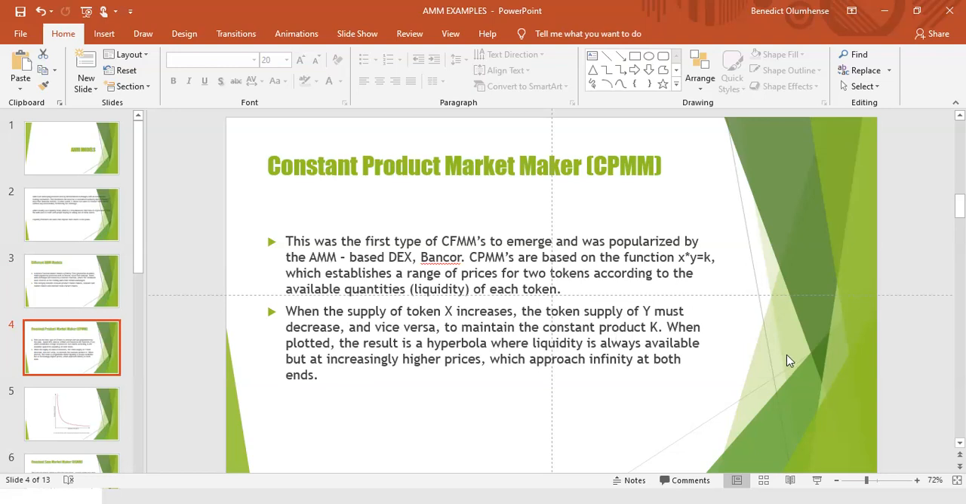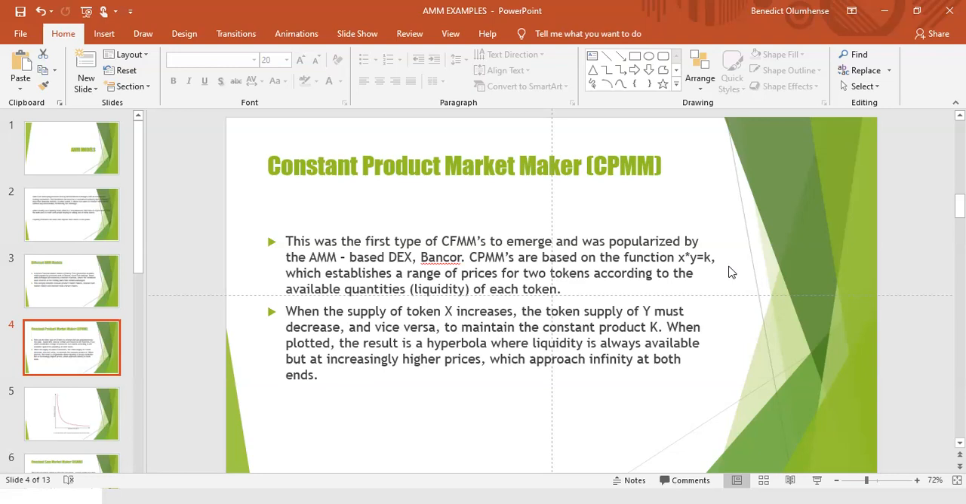So if you remember from lesson 1, I spoke about a particular mathematical model that was being used by market makers, which is X multiplied by Y equals K, right? A constant product market maker uses that particular mathematical model to establish a range of prices of 2 tokens according to the available quantities, liquidity of each token. By the way, you can ask me any question at any point in time, feel free to jump in. So the supply of token X increases,